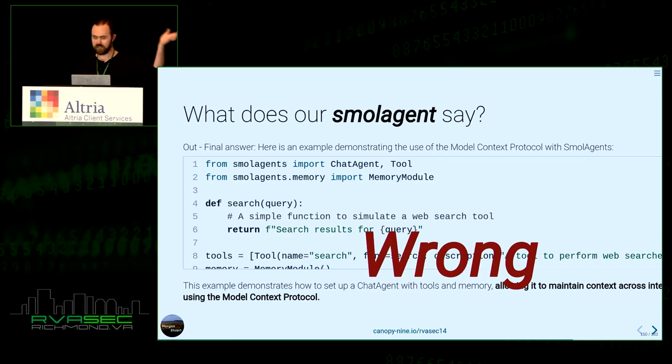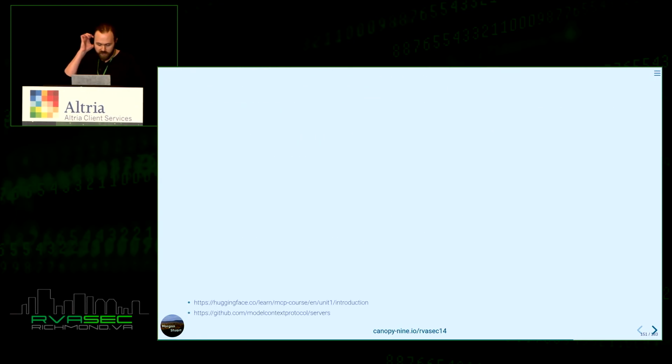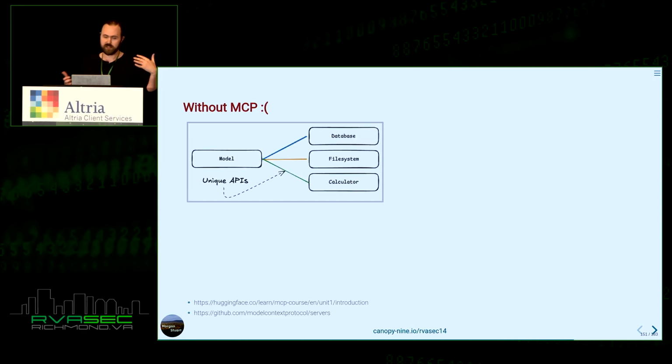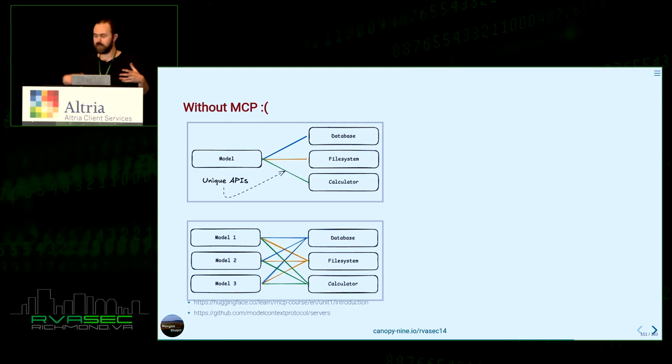So these things can hallucinate and make stuff up and just have the wrong idea about it. So what is it actually? Well, without MCP, this is what we were just doing. I had a model, and I had to implement all these interfaces to, in our case, Nmap and vulnerability search, and then vulnerability details. And if I wanted to do a different system, I'd have to import that as a library or something like that. It's a little bit difficult.